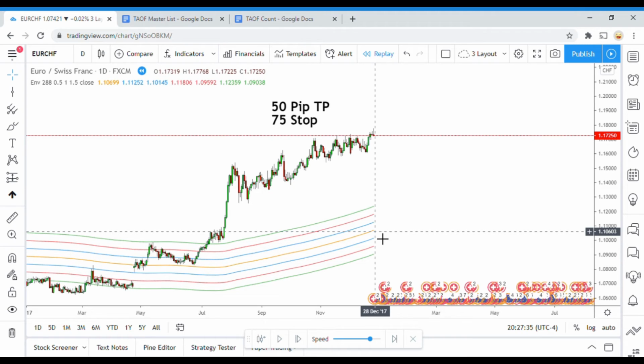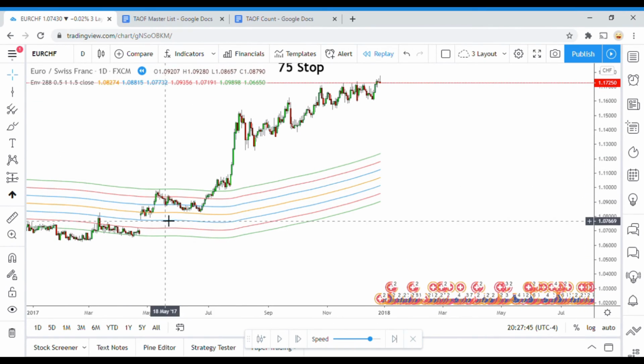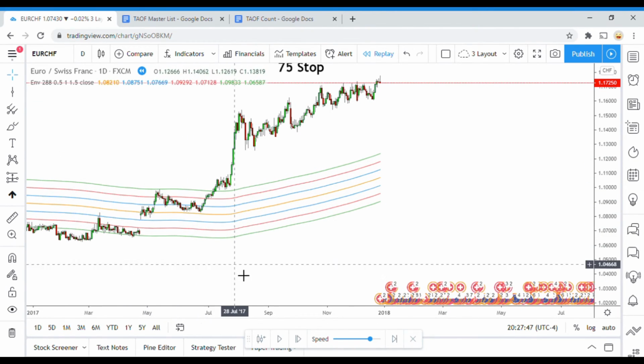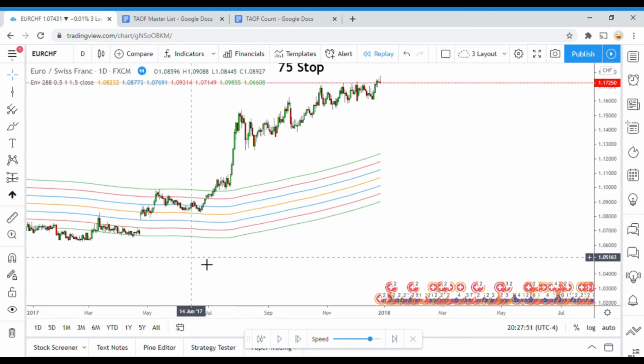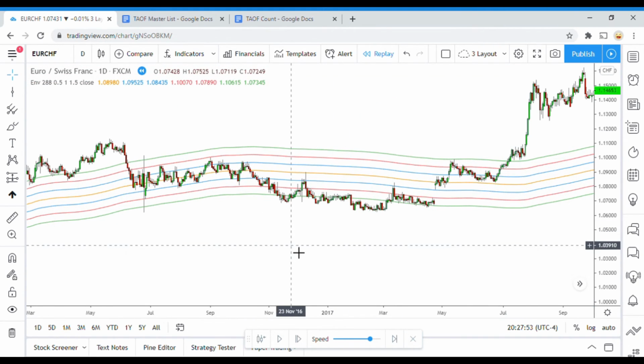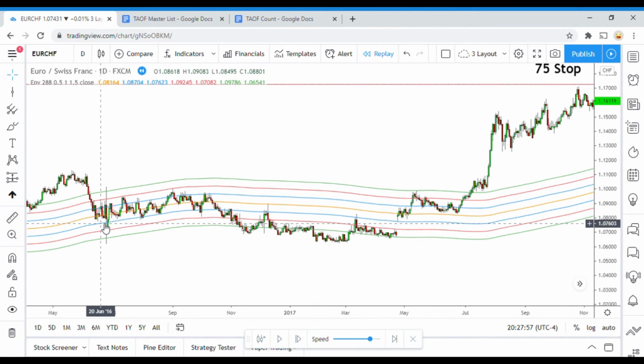Alright, as I said, the indicator today is the 3x envelope indicator. As you can see, it's down here on the bottom of the screen. It is basically the envelope indicator times 3. So, pretty simple. If I come back here a little bit, obviously